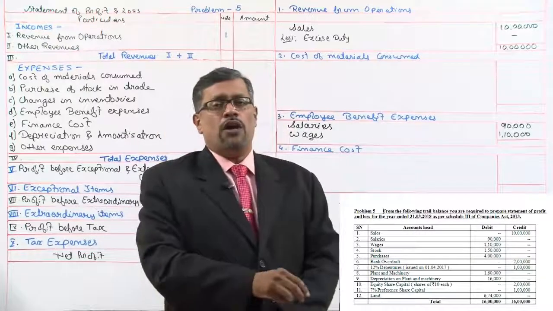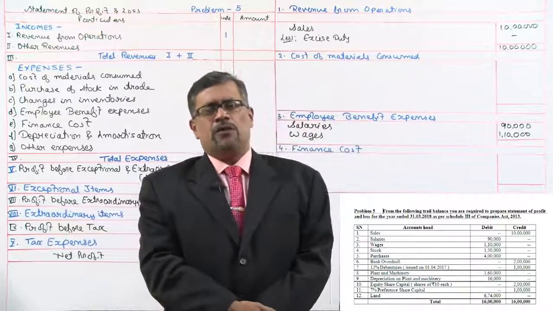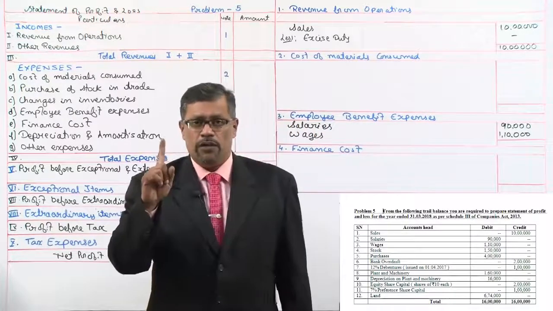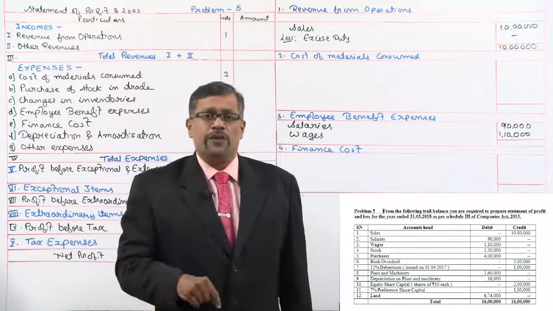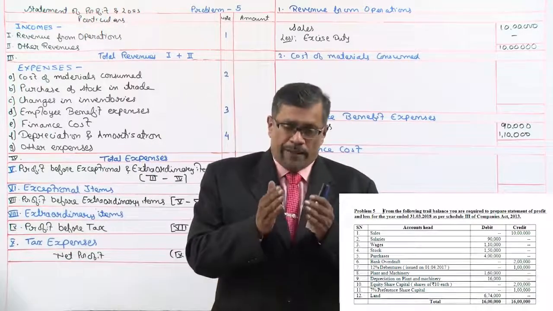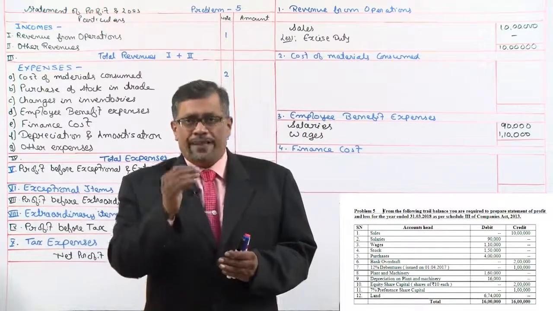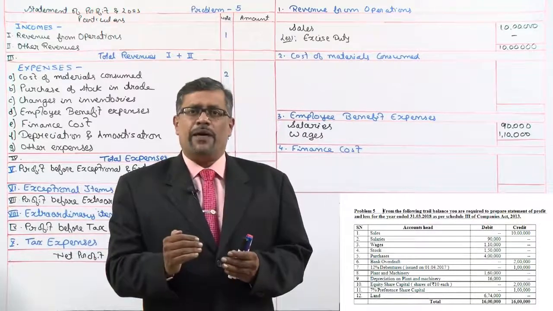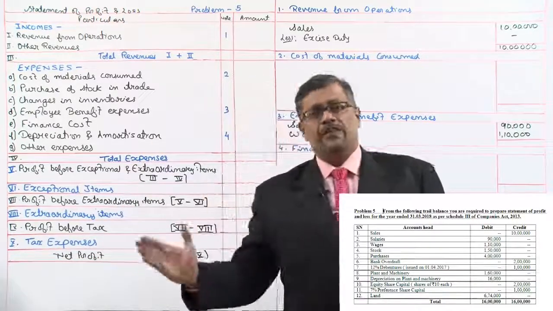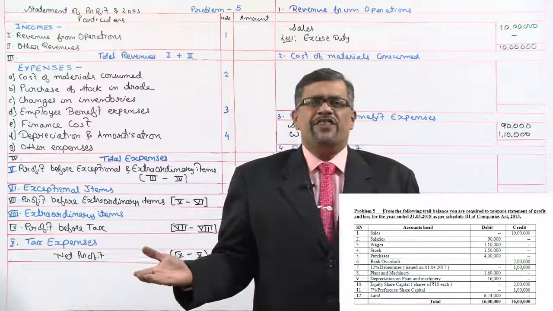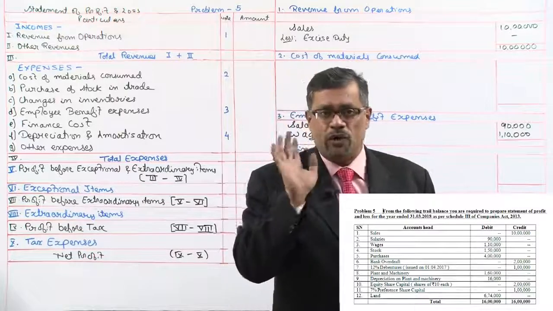Then they have given you stock, and below that, purchases. As learnt in the last session, how do we find out cost of materials consumed? Opening stock, add purchases, less closing stock. So now the question is, what stock is this? When the stock is given to us in the trial balance or in the ledger balances, that is opening stock. Closing stock will be mentioned in the adjustments. Here they have given stock without mentioning which, so we always take it as opening stock.